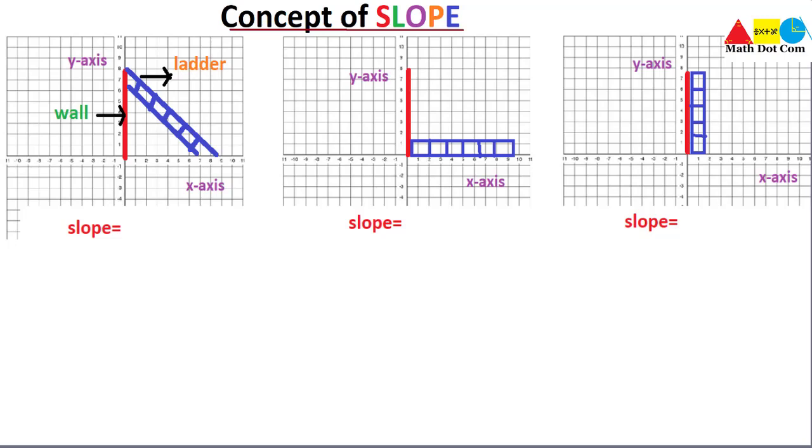So before that, why I have drawn this before, so that you will understand the whole lecture, and then at the end you will be able to find out the slope, and then you will say yes, now it's easier for me to tell what is the slope of the line. So keep this in mind. We are going to discuss about the slope of a straight line today, not of the curve. So keep this in mind, don't get confused about it. It is the slope of the straight line.